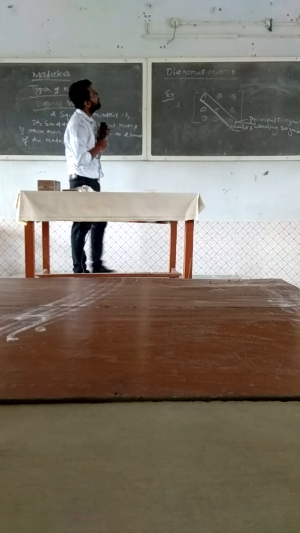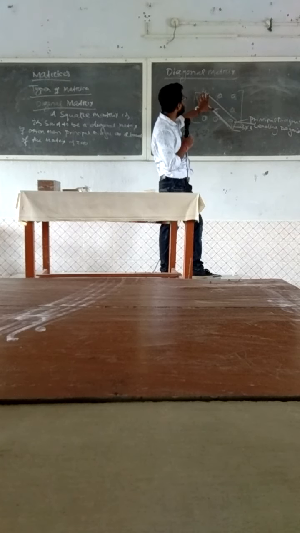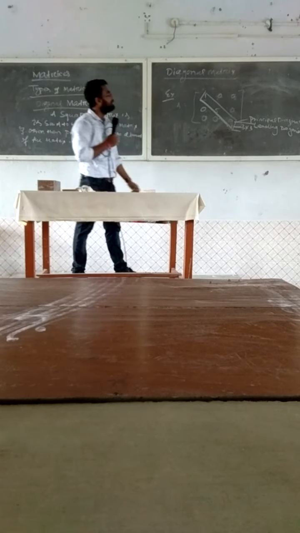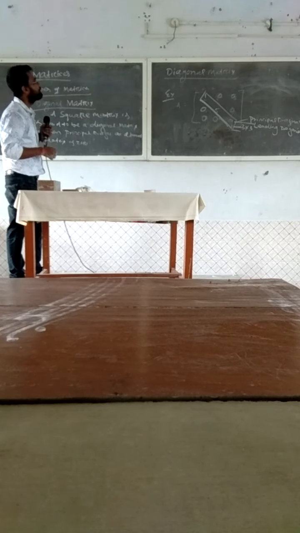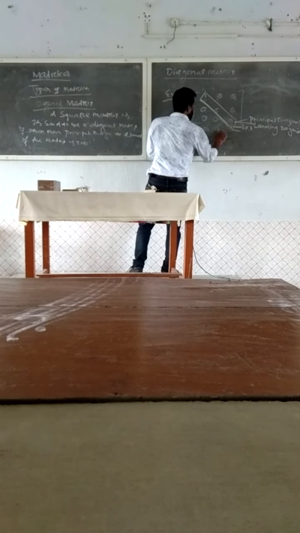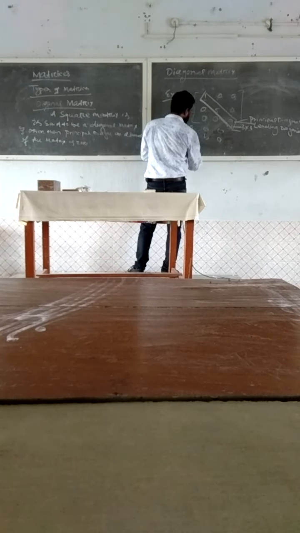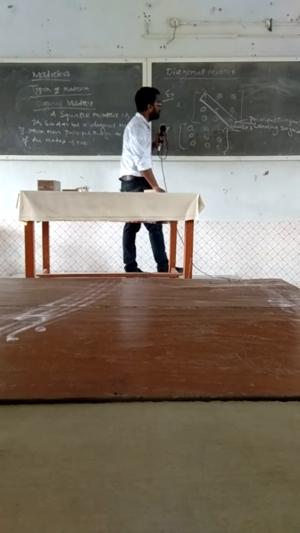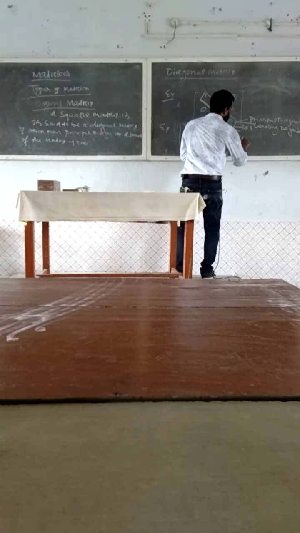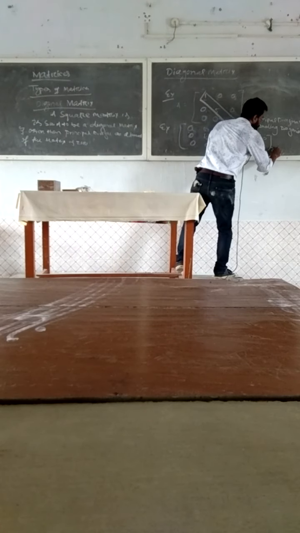This is an example of a diagonal matrix. This is a 3 by 3 order matrix, also a square matrix. Except for the diagonal elements, all the elements of the matrix are zeros. So this matrix is known as a diagonal matrix. Again, another example: A 0 0, 0 B 0, 0 0 C. This is also an example of a diagonal matrix of order 3 by 3. Also A 0 and 0 B is a diagonal matrix of order 2 by 2.